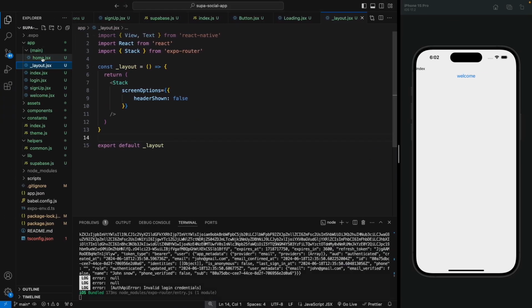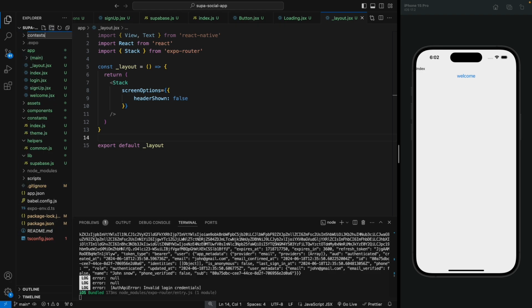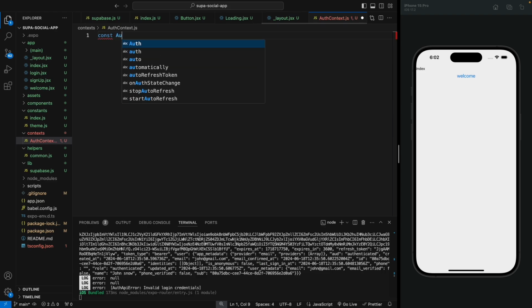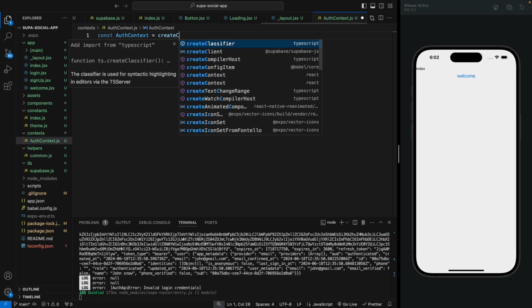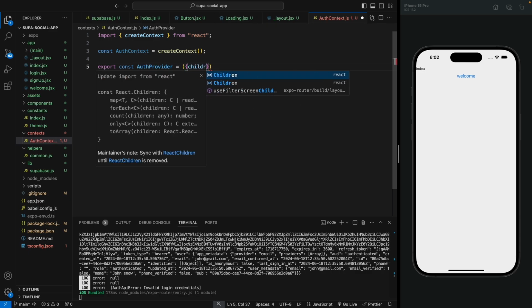But before we implement this, we need to store the user into a context so that we can use the user data in all the components. So let's create an auth context. And here first we will need to use the create context function from React. This will be our context, and now we need to create a provider. So let's export this auth provider. This will receive the children components,